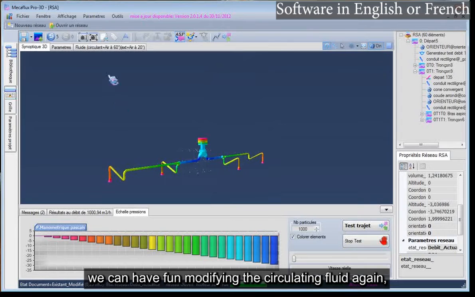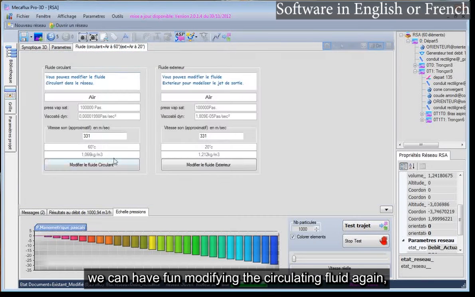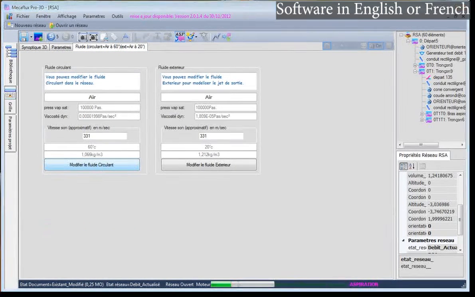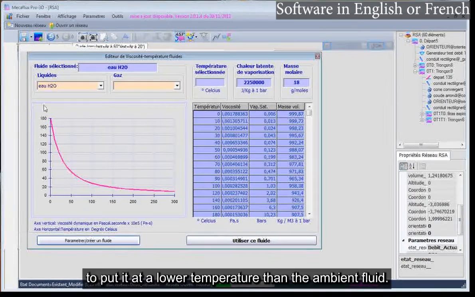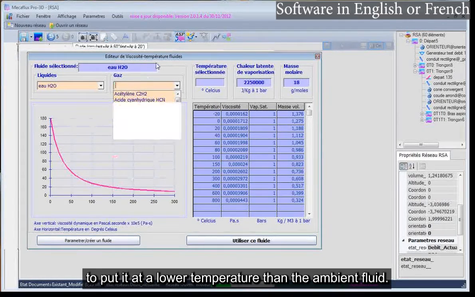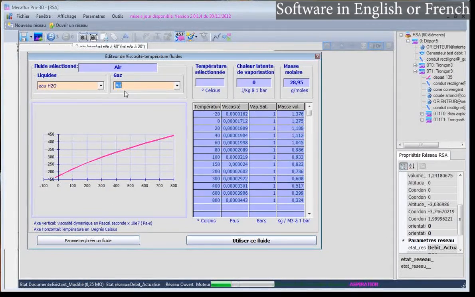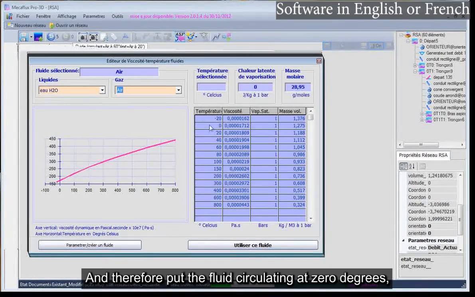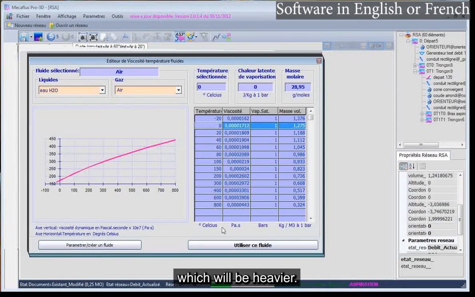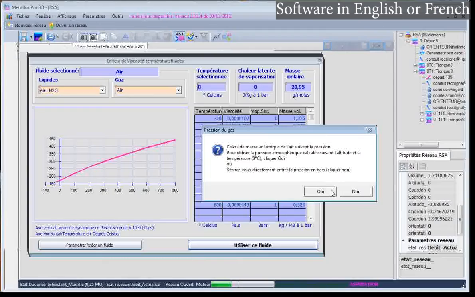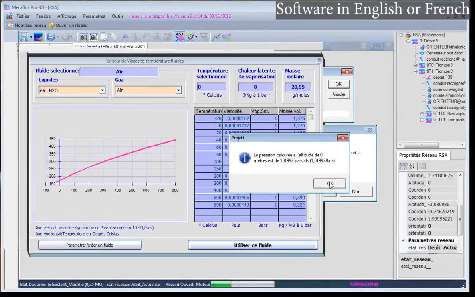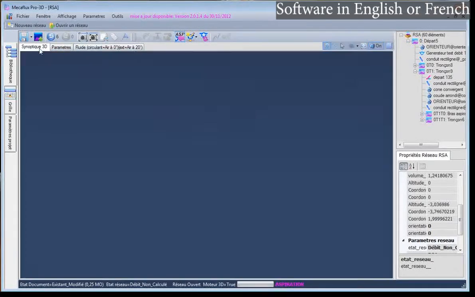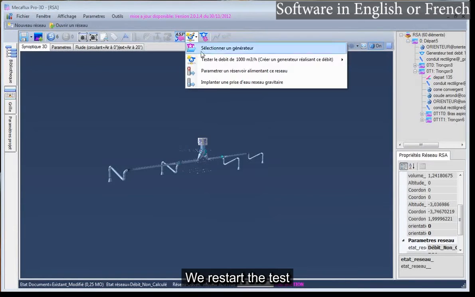We can have fun modifying the circulating fluid again, to put it at a lower temperature than the ambient fluid. And therefore put the fluid circulating at 0 degrees, which will be heavier. We restart the test.